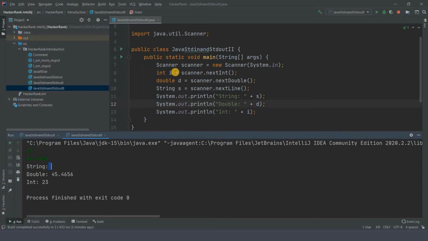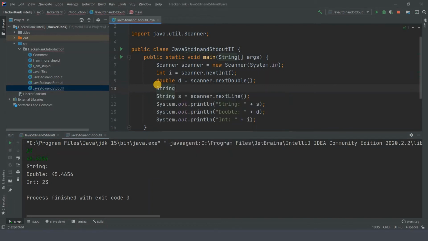So for doing that, see, integer I got detected, that's fine. D also got detected, that's fine. But after this, there is a blank line, right? After this, I'm talking about. After this, there is this blank line, and to detect it, you can write string S2 or S1, whatever you want, String S1 equals scanner dot nextLine. Yeah, and now in this S1 there is this blank space, whatever it was, and in this S now we'll get the string that we wanted.